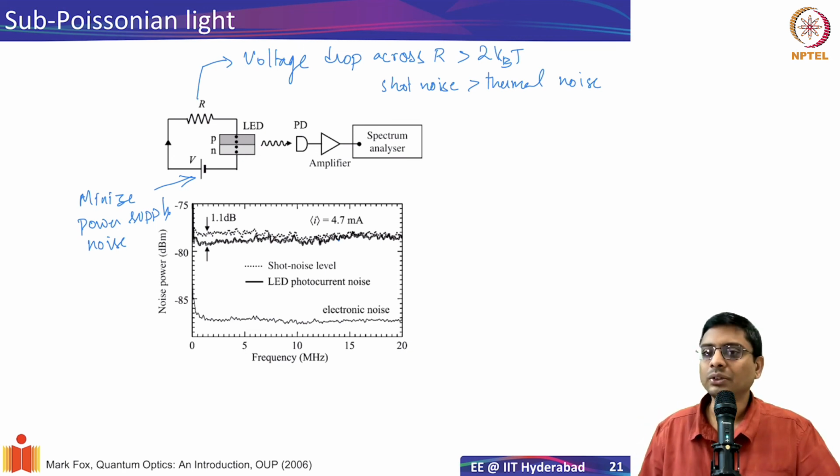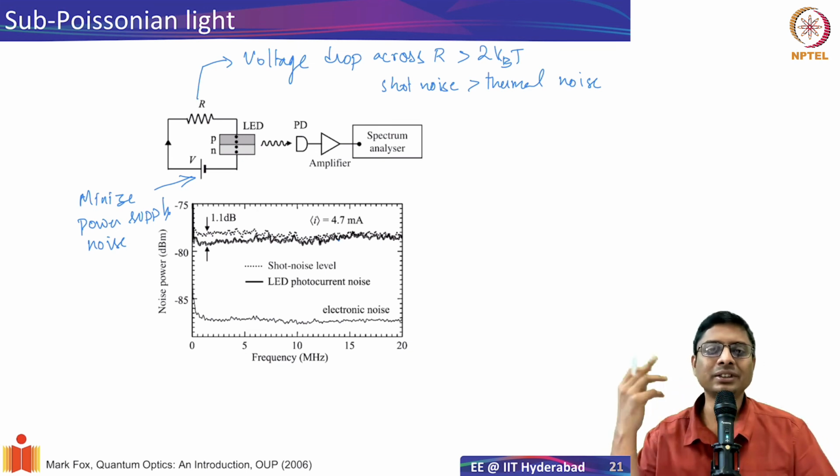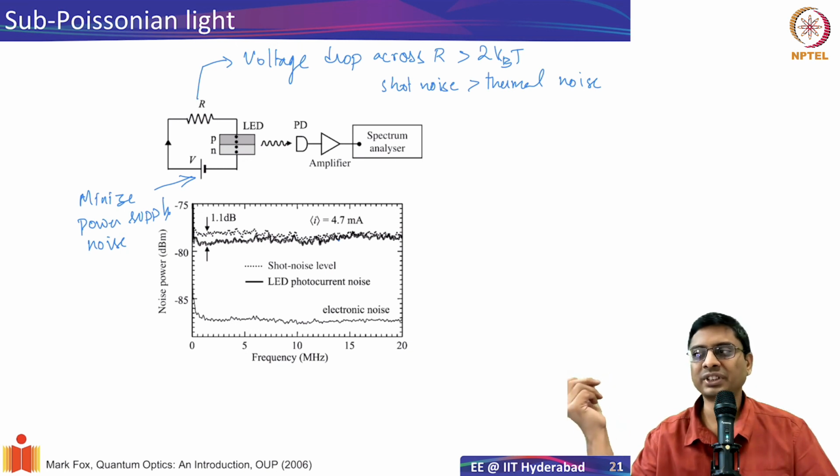Okay. So it's a bit tricky, because what's the point of having a source which is very, very sensitive? You can't even modulate it and so on. So there are some issues with this, but this is one of the simpler ways of figuring out whether you have Sub-Poissonian statistics or not.